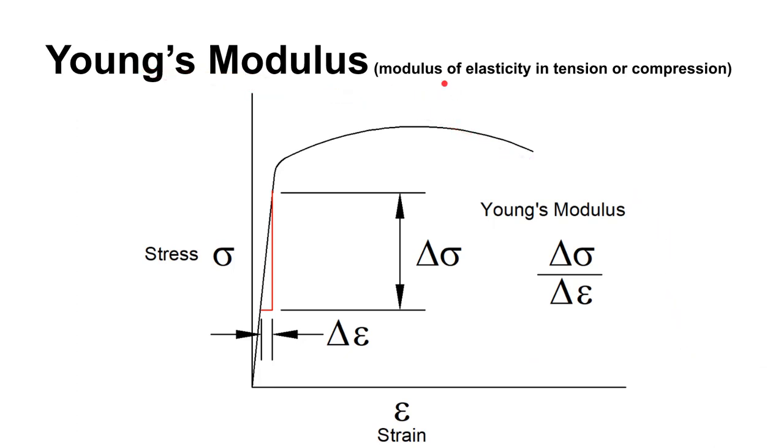That is the modulus of elasticity if we're doing a tension or compression test. And remember, the symbol for Young's modulus is a capital E, which I seem to have left off of my drawing here. To determine Young's modulus, it is the slope of this elastic region on the stress-strain diagram. That is the change in stress divided by the change in strain. So that is the slope. A stiffer material will have a higher Young's modulus.